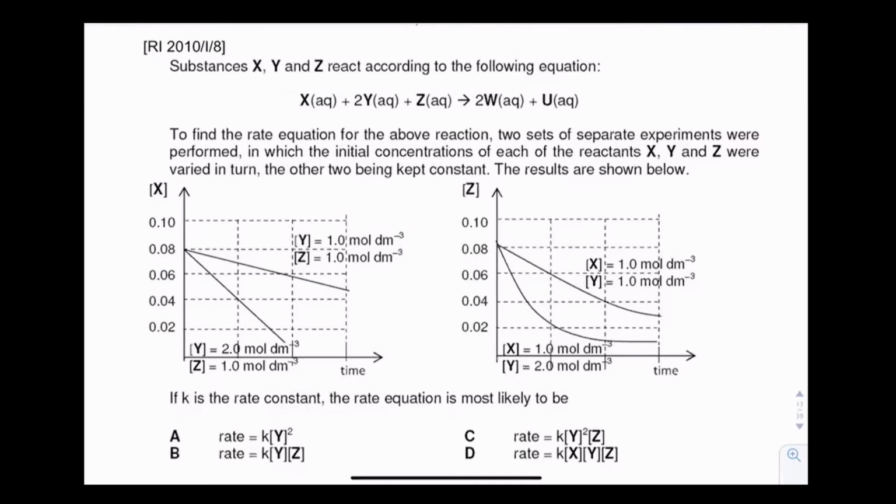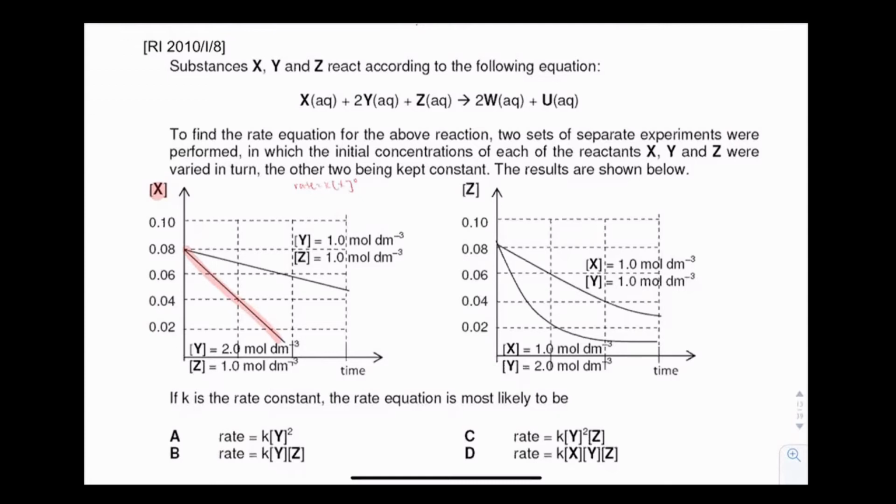So let's look at the first graph on the left. Over here, we always look at the reactant on the y-axis first. So with respect to X, the order is definitely 0. How do I know? Because look at the graph, it's a line. Remember, if it's a straight line graph, when you have concentration of the reactant versus time, it is 0 order,